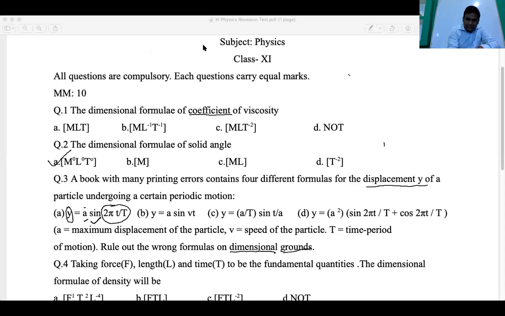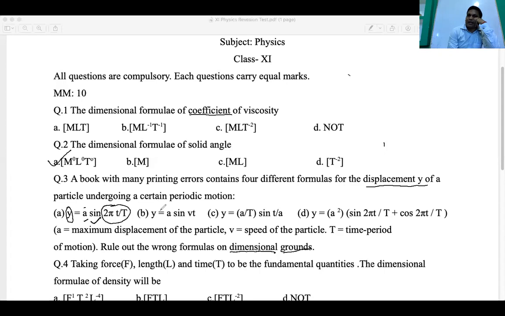Okay, coming to the other one. This is y is equal to a sine of, what is this, mu into t. Okay, mu. Sir, not dimensionally equal. Yes, sir, it is. Just wait. V is the speed of the particle, and t. LT minus 1, and t, T minus 1. Actually, you should see it like this.